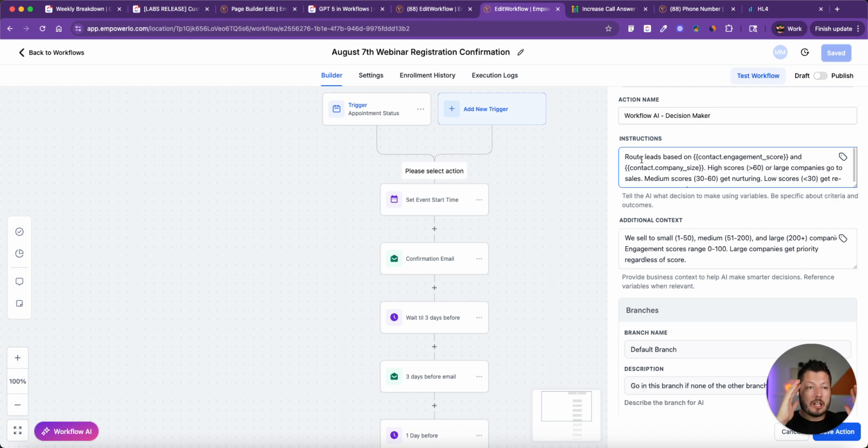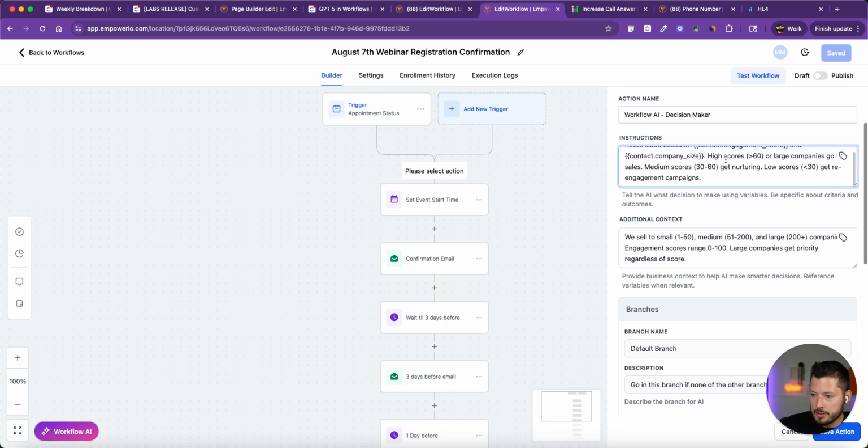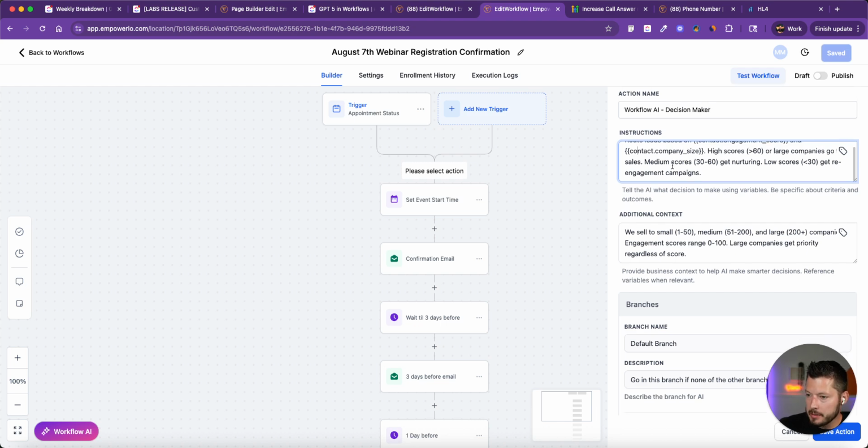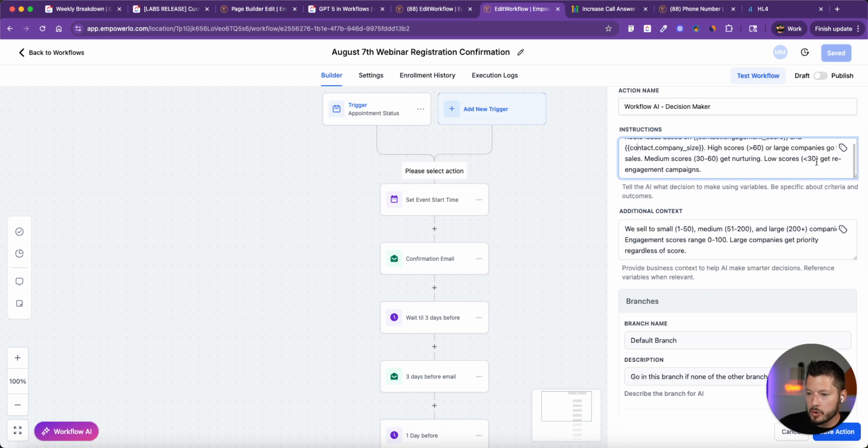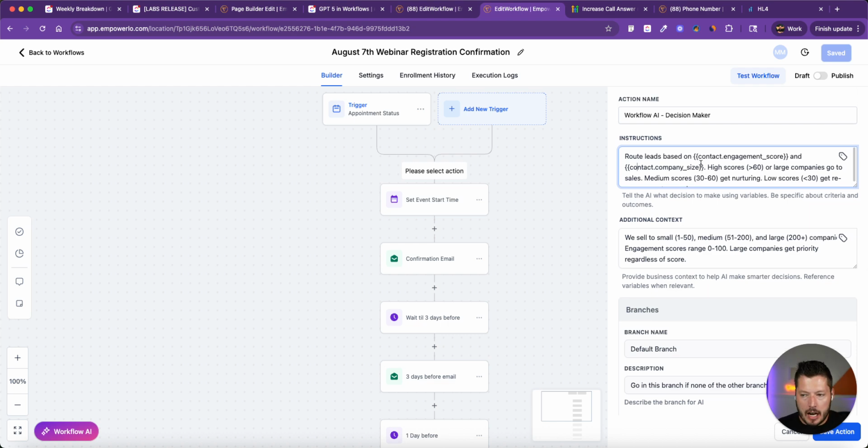So rather than a specific defined path, for example, in this one, they say route leads based on engagement score and company size. High scores or large companies go to sales, medium scores go to nurturing, low scores get re-engagement campaigns. Now, to me, this is something that could be done without AI. So this isn't a great example. A good example of this would be,